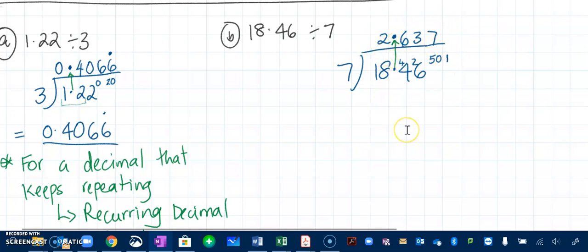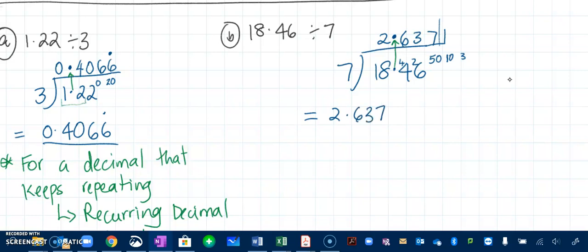Okay? So when different digits are repeating, firstly, let's just write down the answer first. If this is 0, 7 into 10 goes once. After that, there's a remainder 3, and the sequence keeps going on and on. So we stop. How do we know when to stop? We can either stop after 2 decimal places or 3 decimal places. I'm going to go up to only 3 decimal places, and I'll write down approximately, so you can say equal to, which is